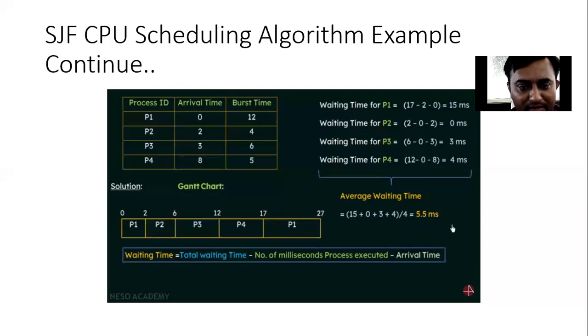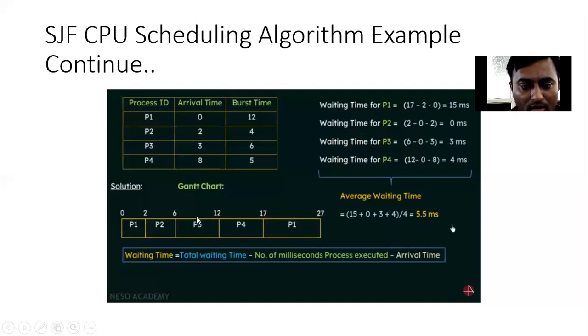So P1 and P3. In that case, which one do we consider? The burst time of P1 is 10 and the burst time of P3 is 6. So which process will be scheduled for execution? Definitely P3. So P3 will start its execution, and after 1 unit of time, again we need to check at time 7, is there any other process arrived in the ready queue? No, it has not arrived. So in this case we will execute P3 for one more unit of time, up to 8.